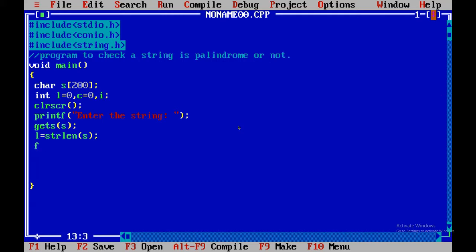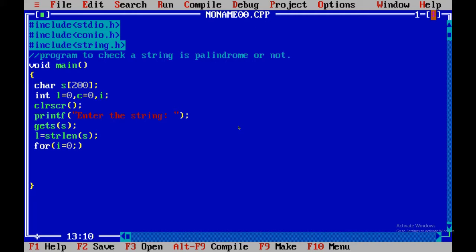Now we are applying our conditions for the loop. Now I'm initializing i here, and our loop will run from 0 to l by 2. Why l by 2? Because we are going to compare the first letter of the string to the last letter of the string, the second letter from the forward to the second last letter from the backward.